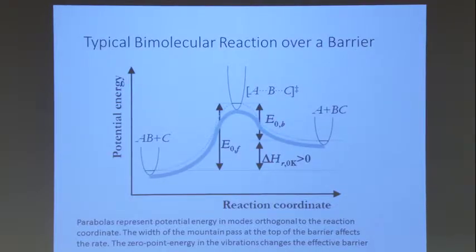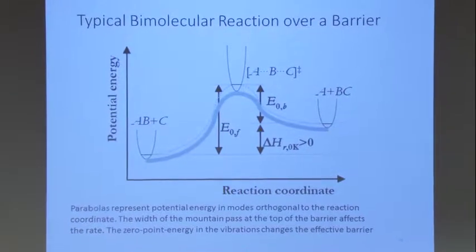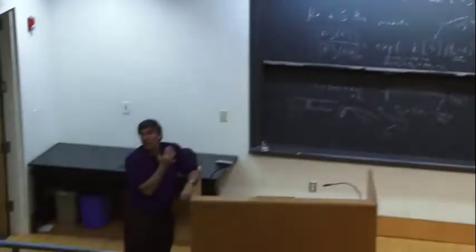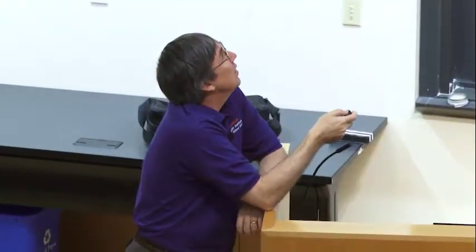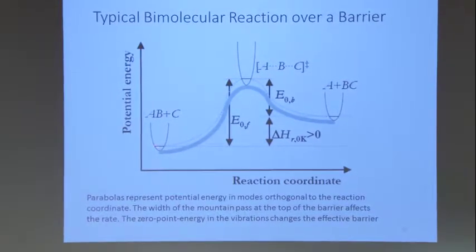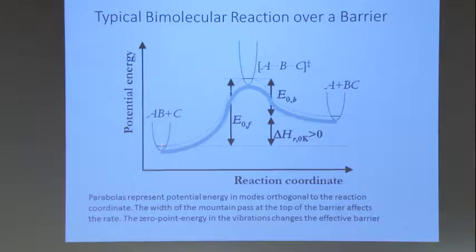And this is a picture of what it looks like. So you have your reactant situation and your products and what we call the transition state, which is the state on the boundary at the minimum energy, at the saddle point. And now we were talking all classically until now, but now we're going to realize that the systems are not classical because the molecules have zero-point energy. So we have to consider that the minimum energy the molecule can take is not the energy at the bottom of the well, but it has a little bit of zero-point energy on top.